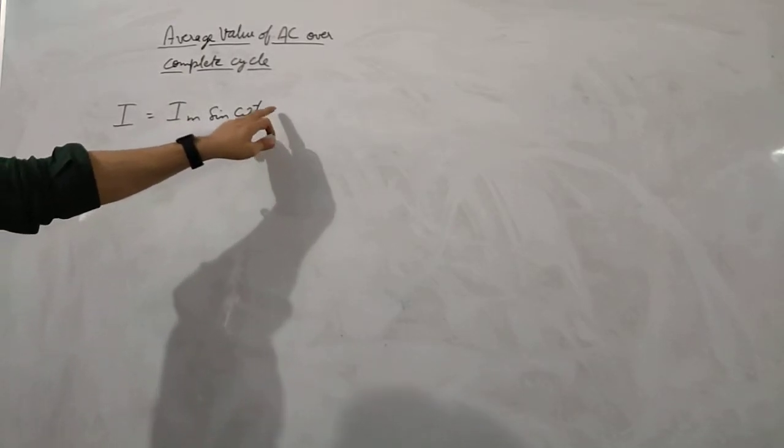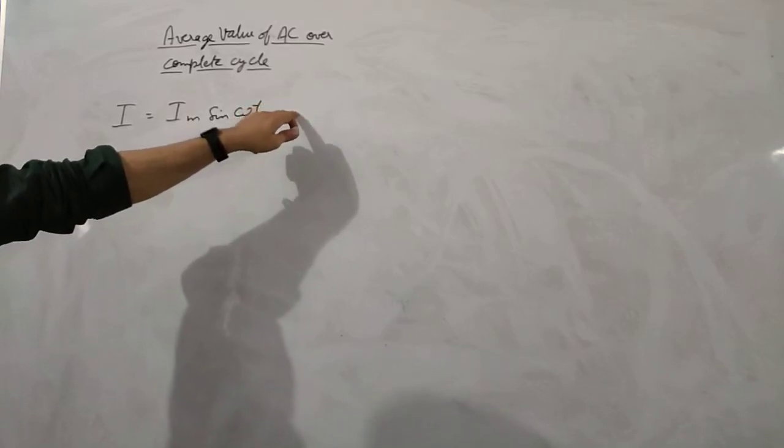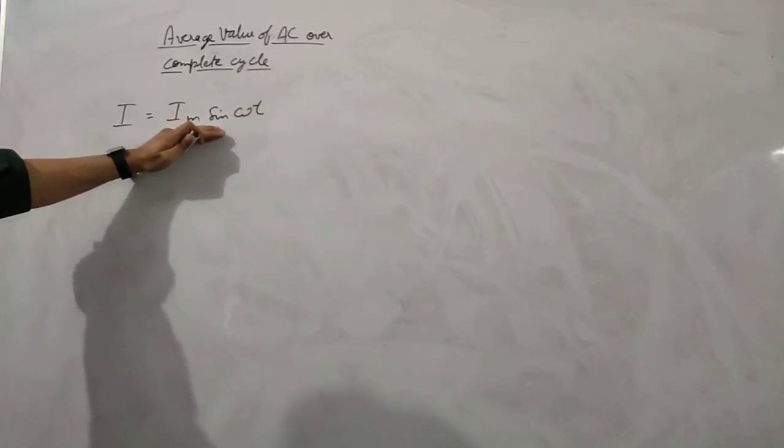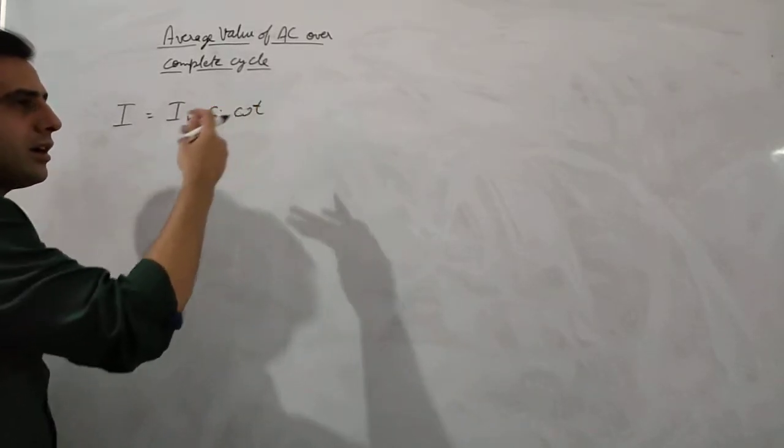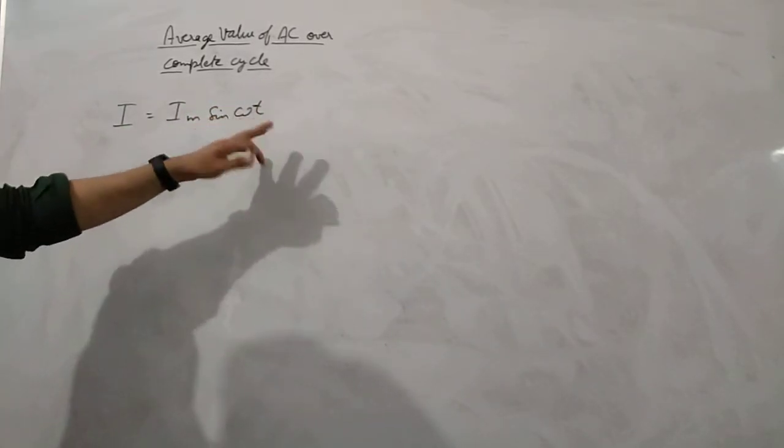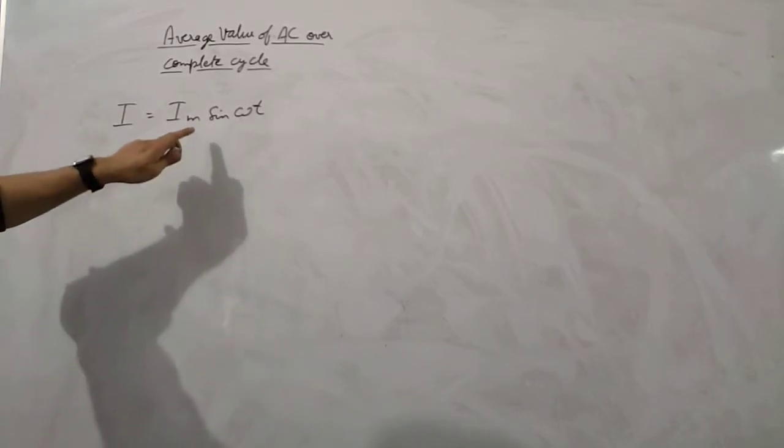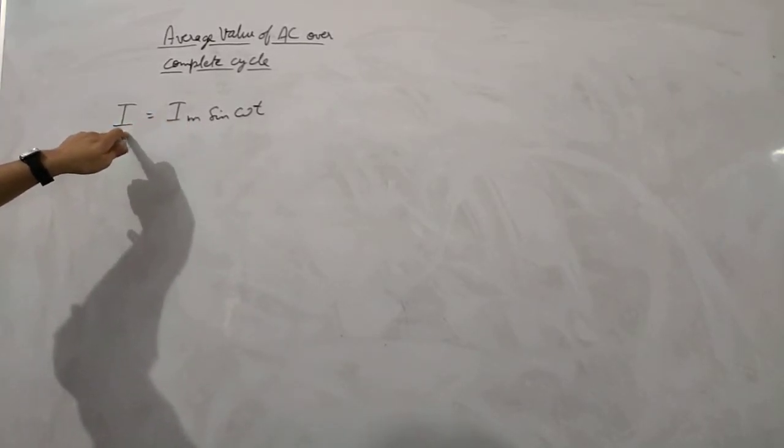this is the phase angle. There is also plus phi, which is the phase difference. We are not taking it here because we are talking about only this current. So there is no other quantity or no other current to compare with, so there will be no phase difference. So this is the equation of sinusoidal alternating current. And if we want to find the average value, we have peak value, we have instantaneous value.